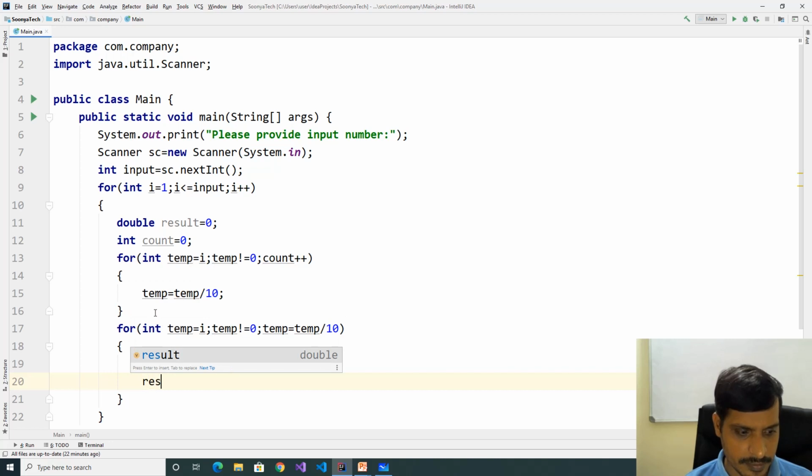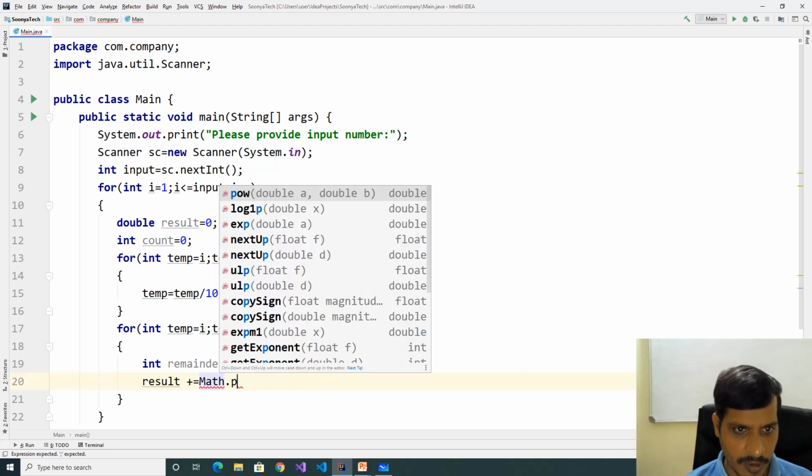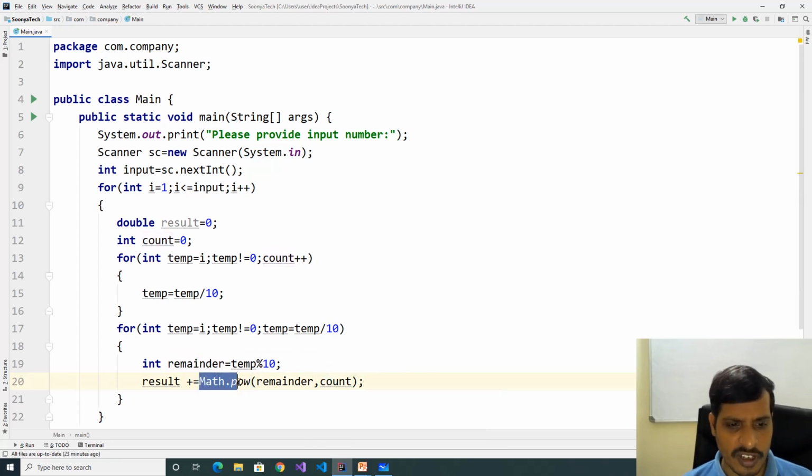Result plus equal to Math.pow. Here the power function takes two parameters as double and returns double: power of remainder comma count. Here we are using the Math.pow function to calculate the power of the integers.